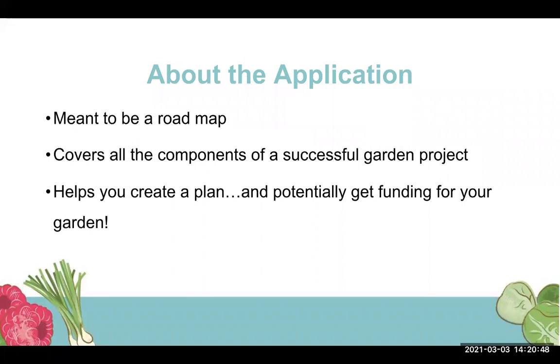So a little bit about the application. If you haven't already gotten in to take a look at it, it is thorough. It's really meant to be a roadmap for a successful school garden. It was built in partnership with FoodCorps in the past to really cover all of the components of a successful garden project, everything from leadership support, like we mentioned before, to plans for additional funding in the future, to how to engage your external community, really helps you create a plan. If you have an existing garden, you may have a lot of this figured out already. If you are building a new garden, it can really be a beneficial guide to helping you think through some of these things,